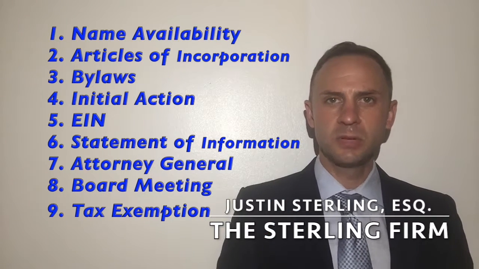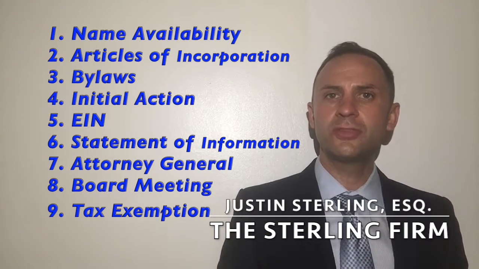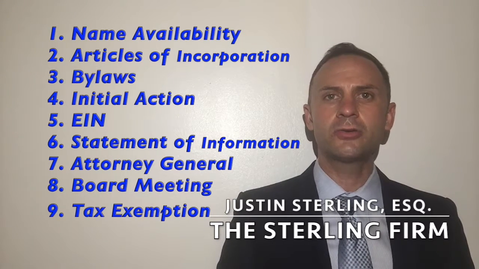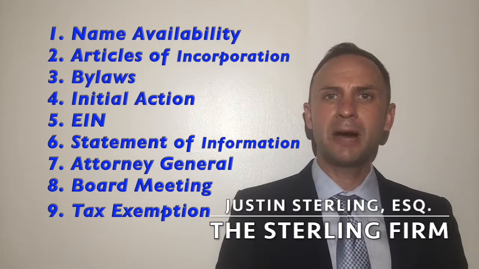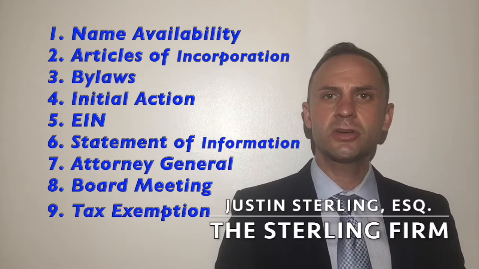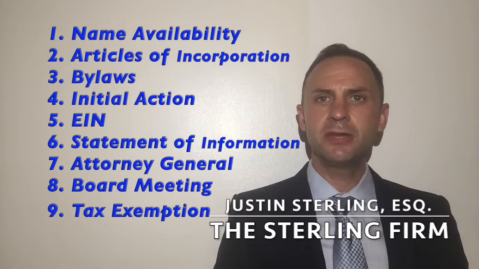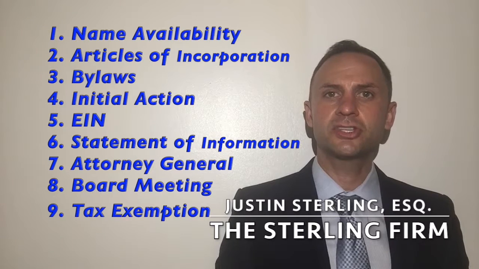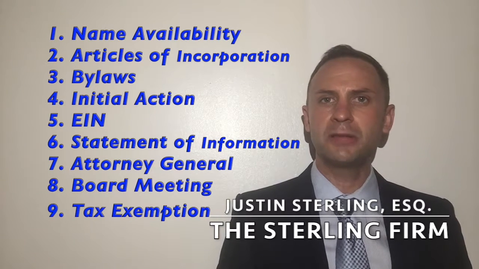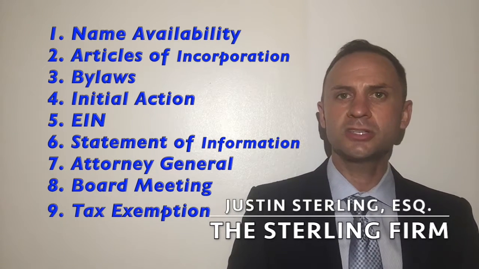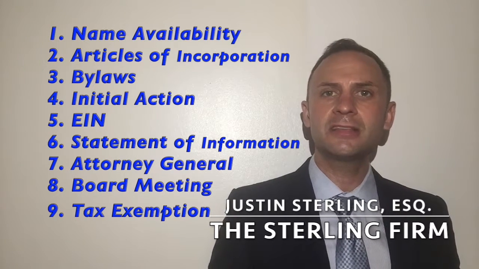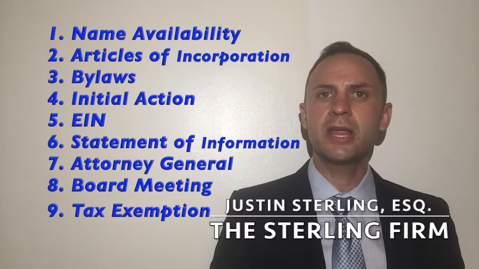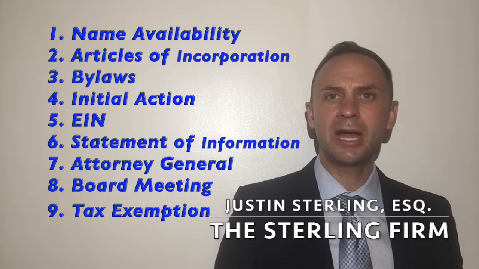3. The bylaws. The incorporator or the initial board of directors should prepare and adopt the bylaws immediately after filing the articles of incorporation. A copy of the bylaws signed by an officer or certified by the secretary must be submitted with the application for federal and state tax exemption. The bylaws set out the structure and rules of operation for the public benefit corporation. The bylaws should include the method of electing directors and officers, the procedures for how the board of directors shall operate, and the procedures for amending the bylaws.